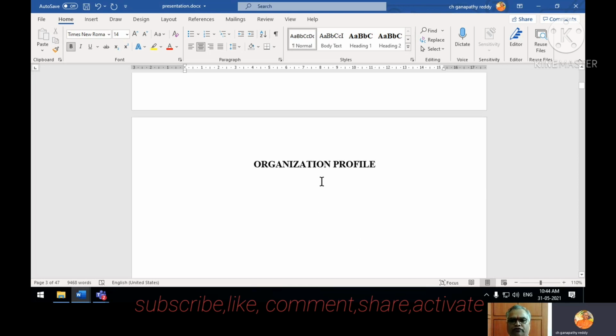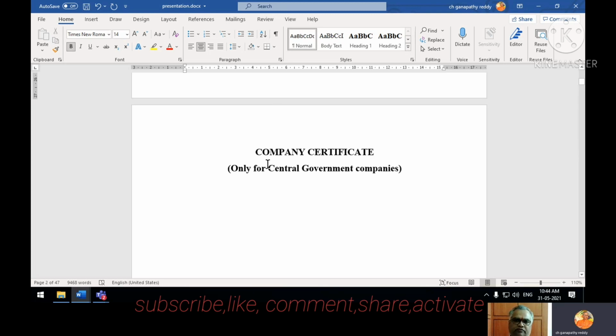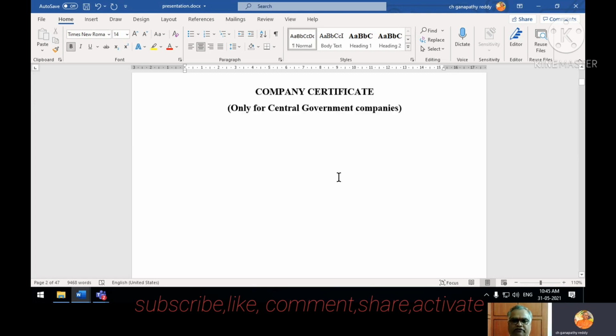Then organization profile. If you are doing a project outside, you will come across this organization profile. Organization profile, one more page, company certificate. If you are doing a project in ECIL or DRDO or ISRO, the company gives a certificate saying so and so student has done so and so project under the guidance of so and so.